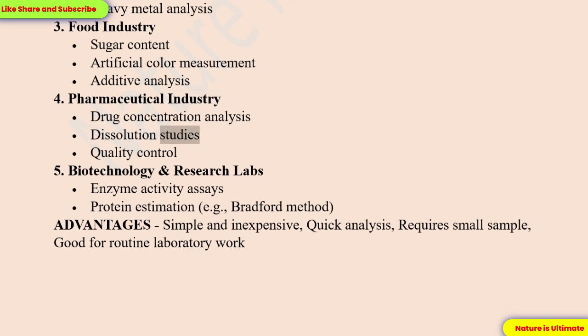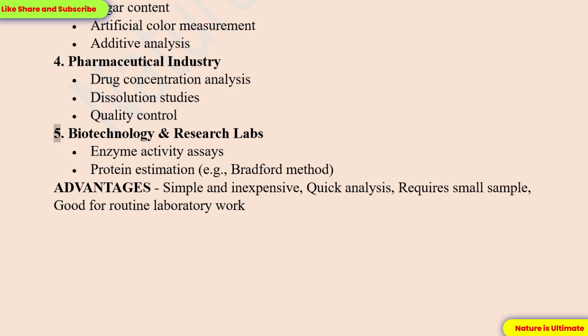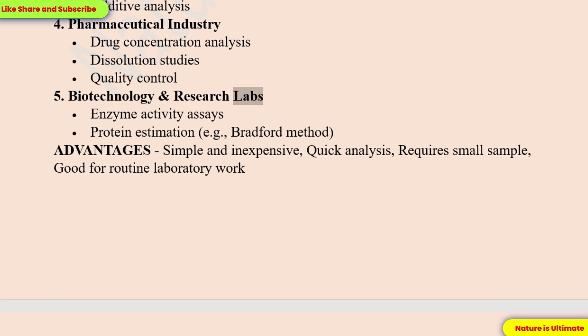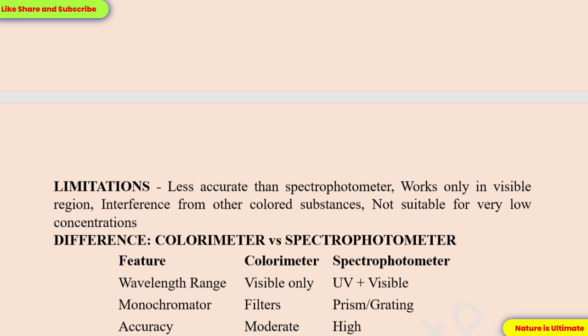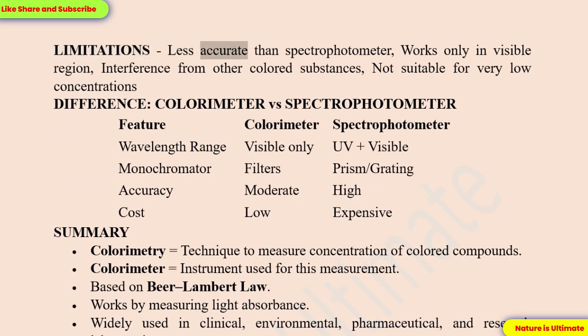dissolution studies, quality control. 5. Biotechnology and research labs: enzyme activity assays, protein estimation, example Bradford method. Advantages: simple and inexpensive, quick analysis, requires small sample, good for routine laboratory work. Limitations: less accurate than spectrophotometer, works only in visible region, interference from other colored substances, not suitable for very low